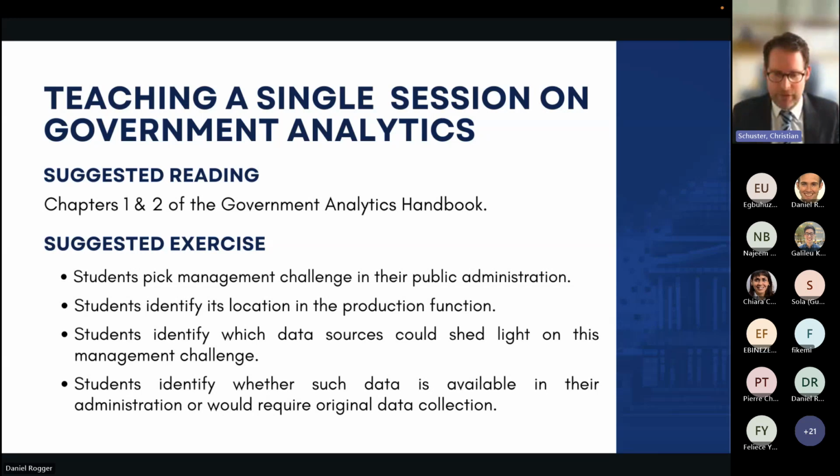Now, if you use this content, then you could assign chapters 1 and 2 of the Government Analytics Handbook as your core reading for the week. And we always would encourage you to complement that sort of lecture content style with an exercise. And the key exercise for students to really understand what is the relationship between a management problem and the government analytics that I need to do is for them to pick a management challenge in their public administration to try to locate